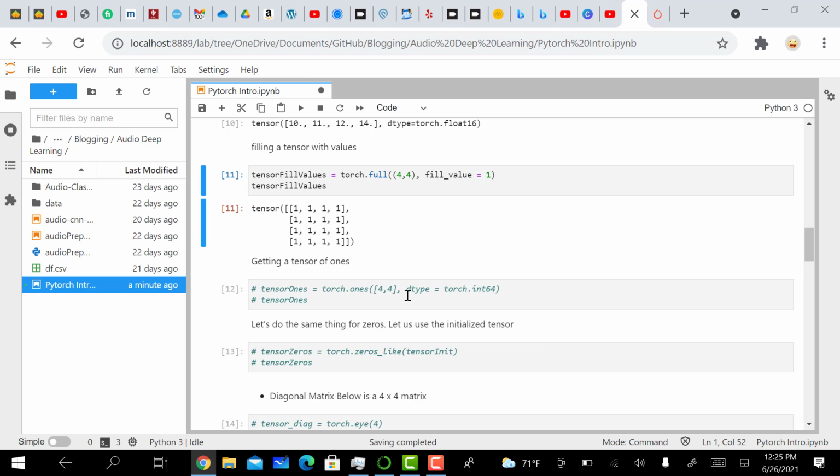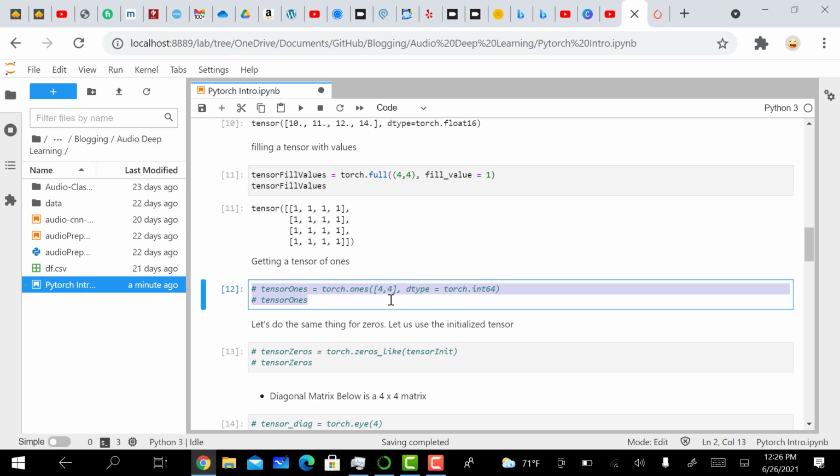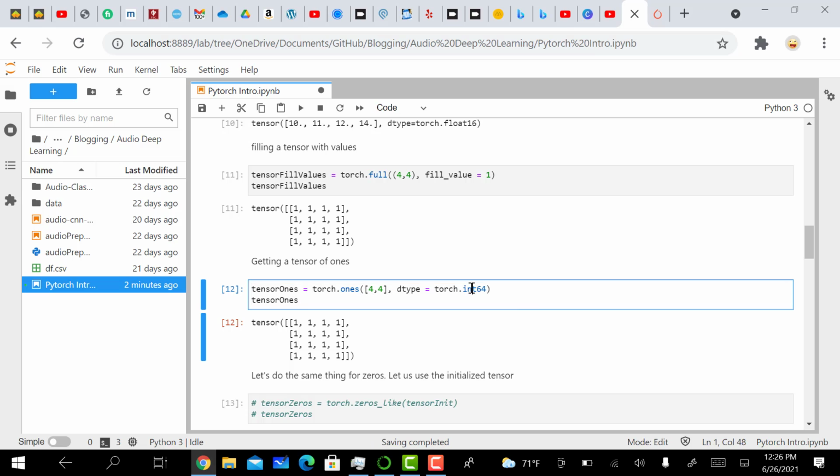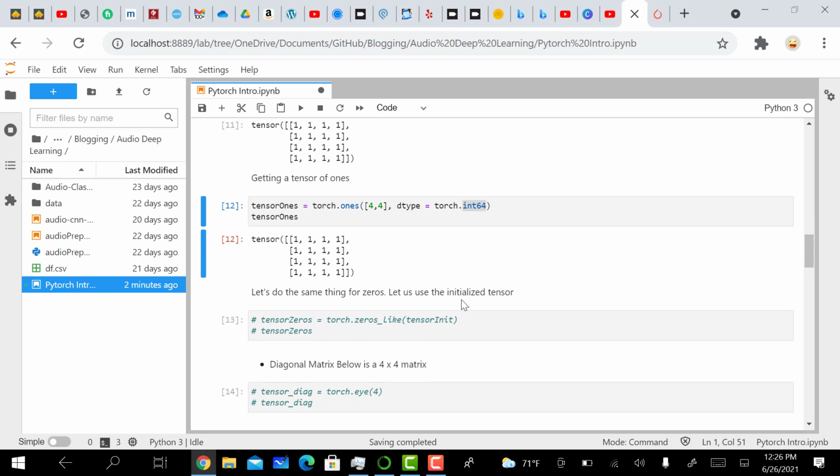We already went over the dtype. You can also specify the type of values that you want to have in your tensor. And this is what you get. So you can change the type to integer. Now, if you want to get